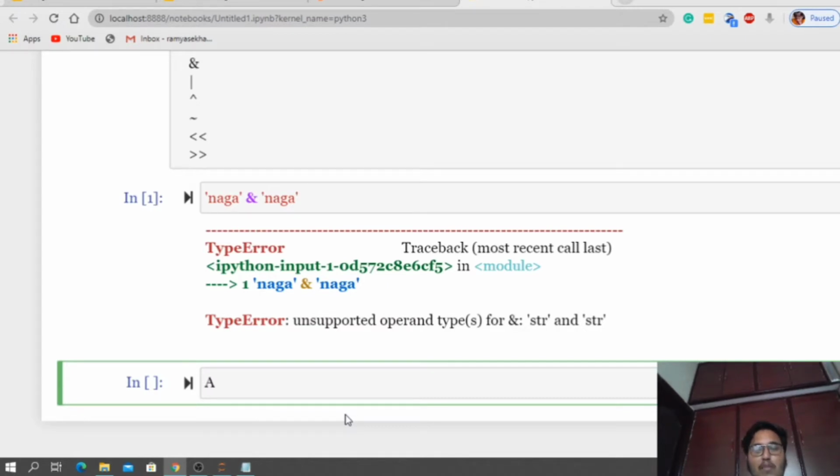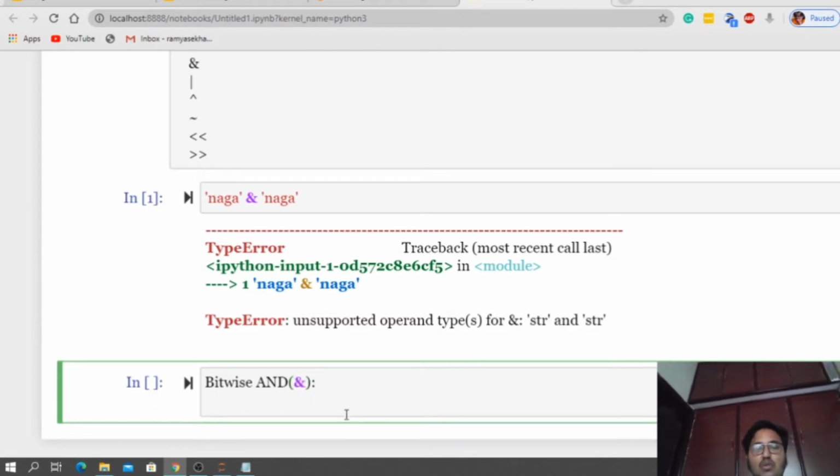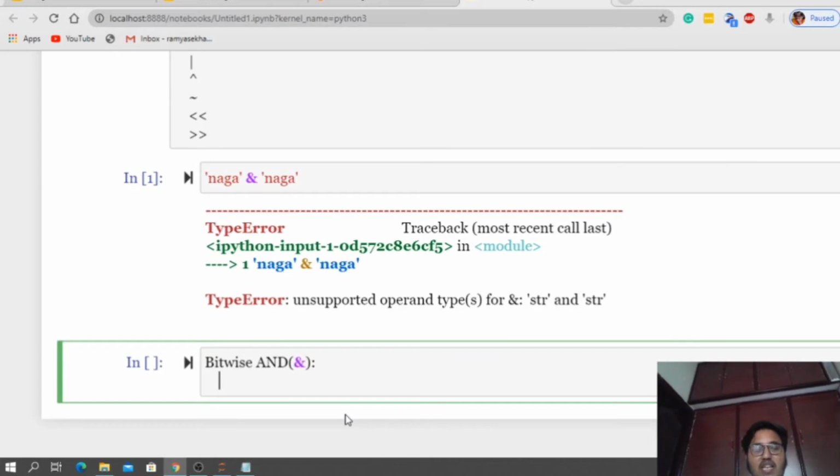Let me talk about AND for a while. Bitwise AND is represented by the ampersand symbol. Let us take bits. If we convert anything, we will be converting to binary, right? If it is binary, how many values will we have?